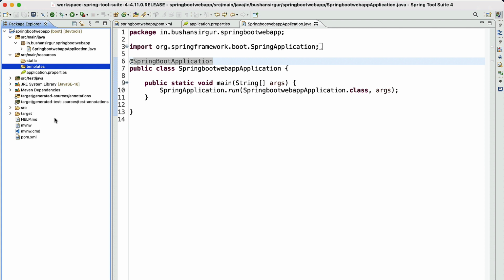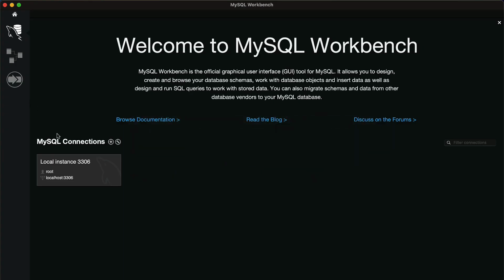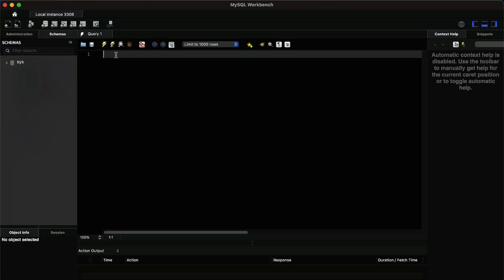Now let's go ahead and create the database. I'm inside the MySQL workbench. We will create the database. Create database, the database name Spring Boot web app.